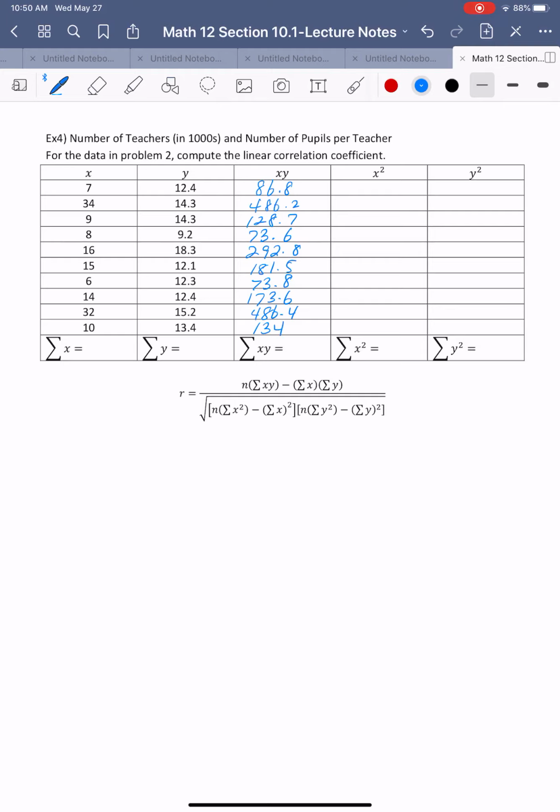And then the x squared: 49, 34 squared is 1156, 9 squared 81, 64, 16 squared 256, 225, 36, 196,